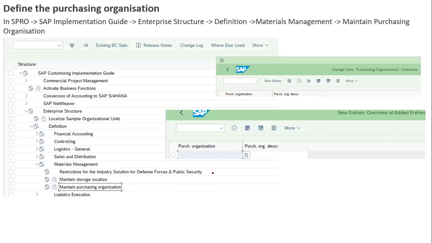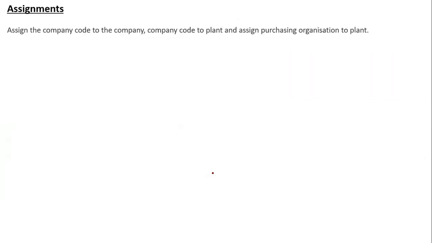Now, we have defined the company, company code, plant, and purchasing organization. Next, we will do assignment. Here we will assign company code to company.